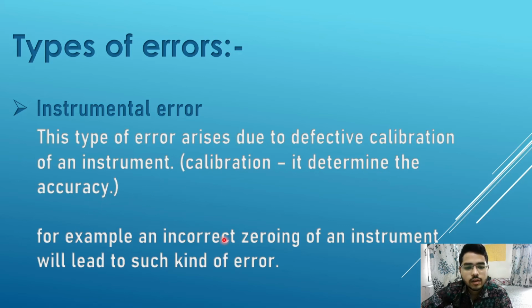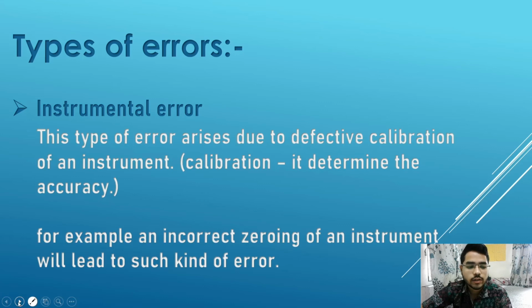For example, incorrect zeroing of the instrument will lead to this kind of error. If the measurement scale is given wrong, then you will calculate all the other things wrongly. So we need